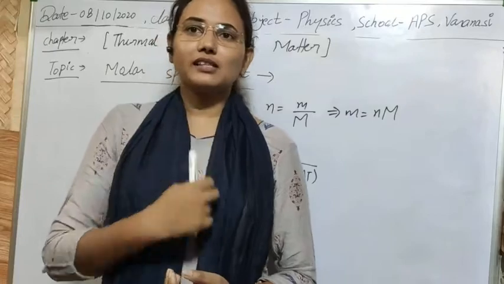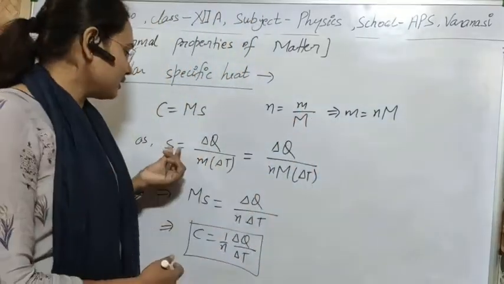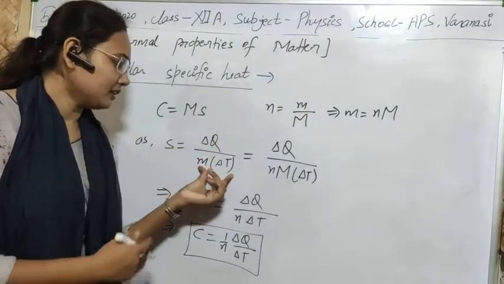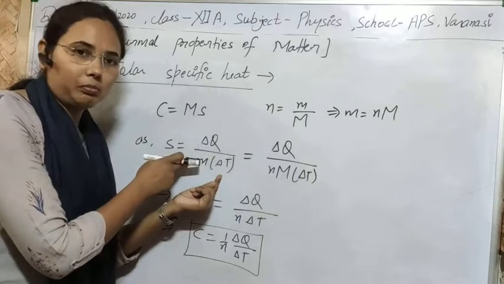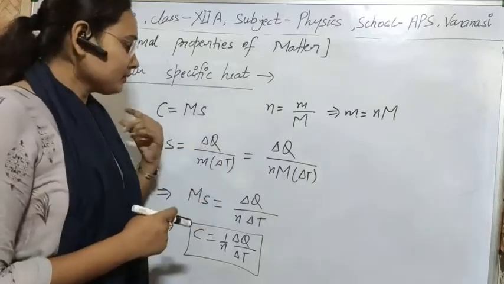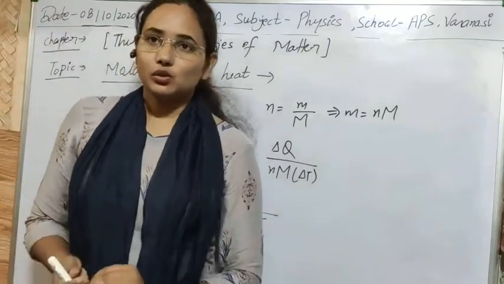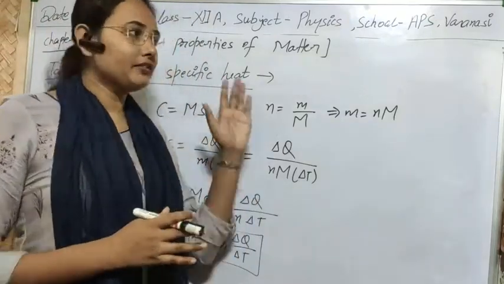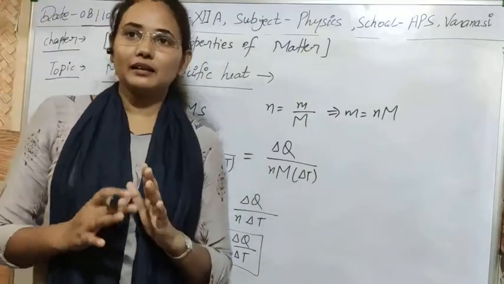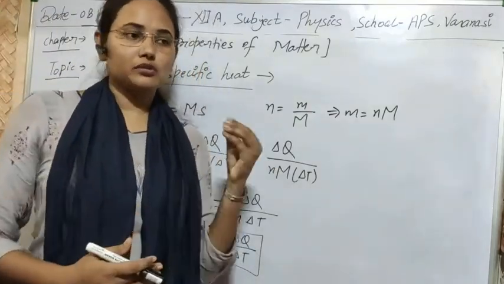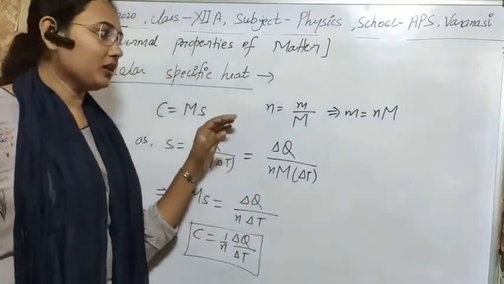So it's a very simple definition. I defined specific heat as delta Q upon m delta T, meaning the heat required to raise the temperature of any amount of mass m. Simple. Now let's see a new concept, which is molar specific heat. By the name it's clear that if I'm talking about molar specific heat, here we are going to study molar mass. Here the concept of molar mass will arise.